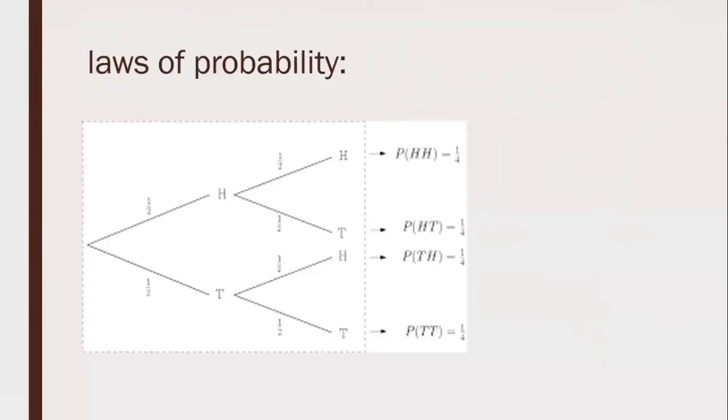The second law of probability states that whenever one event can be carried out in two or more than two different ways, then you can add all the ways in which the event can be carried out. So basically, if we have a probability of an event getting